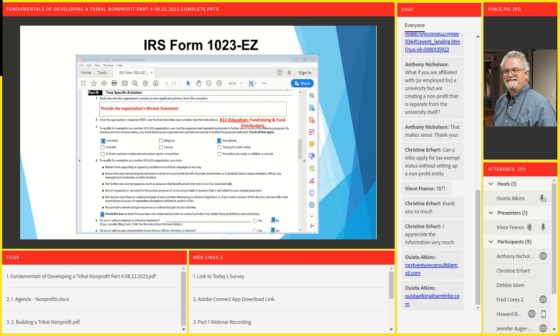Here's where your mission, remember, the very first thing we talked about on day 1, 3 sessions ago, was having a real firm, concise, not too wordy mission that everyone understands, because it's going to follow you through everything you do. And here we go. We're applying for IRS 501c3 nonprofit status, and they're asking you point blank, what is your mission?